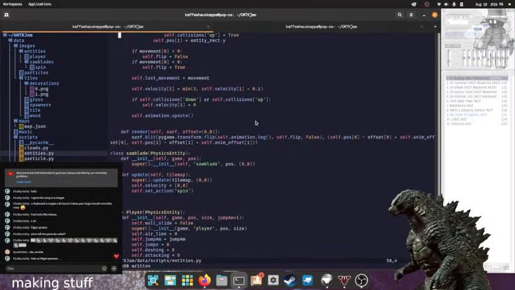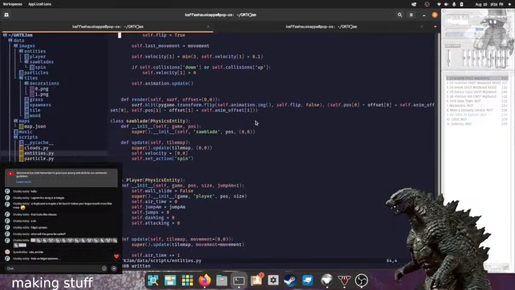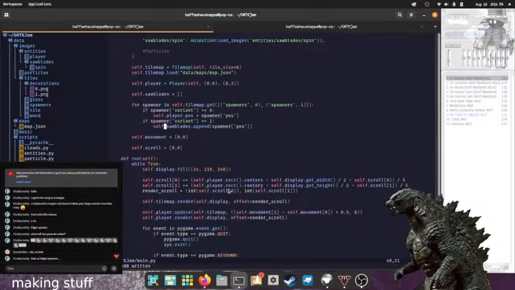I think I can do that, maybe. It's been a while since I've used Python. Let me look at main real quick and check if I can check like the type and stuff. I mean, clearly I can, because otherwise why would I put the entity type?